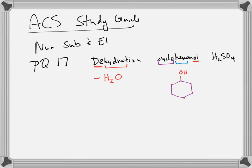Okay. What if it doesn't say cyclo, and it's just 6 carbons? Don't draw a circle. The cyclo is required for it to be a cyclic structure, and that will drastically change your results if you either forget to include it as a cyclic structure or